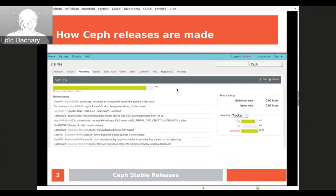So Pacific is currently the latest Ceph stable release. And when people upgrade to a Pacific point release, they expect to get bug fixes and security fixes that were backported while the development continues. This is called backporting because as code changes, applying a fix on an older version may fail because the code changed. And when that happens, you have to port the fix,